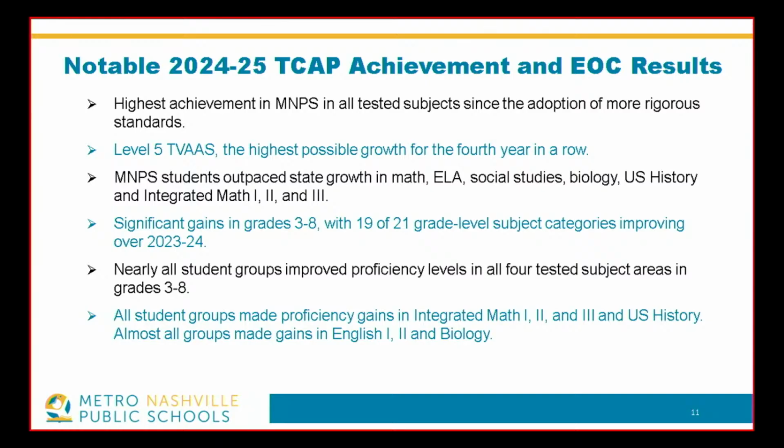This is, sort of in summation, as board members have looked at this and as we've discussed achievements, in particular around student outcomes, this is just a listing of the types of things that we've seen. So again, TVAAS level 5 and composite. I think we all acknowledge that in math, that 3 is exactly where you're supposed to be. That's meeting expectations for the year. But there is some work that we are ongoing trying to do in math.